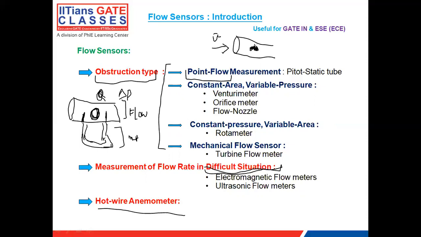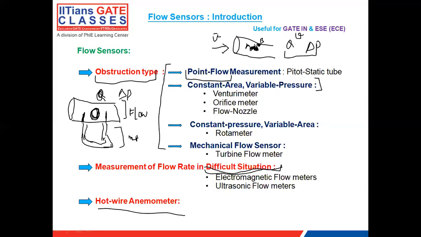If you take this one point A and another point B, and you know the pressure difference between these 2 points, you can place a manometer and calculate the pressure difference, and you know the relation between Q and del P. We'll study what the relation between Q and del P is, but for the time being, understand that there is a relation. If you know the differential pressure, you can easily get your flow rate, and if you know the area, you can divide and get your flow velocity also.